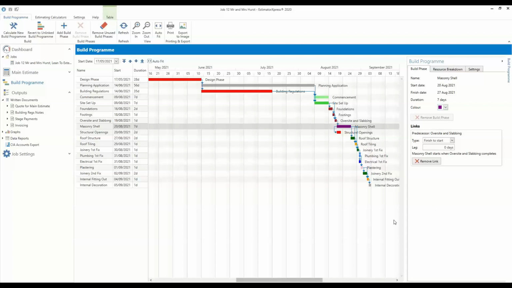You can interact with the build program and override the build phase times that have been calculated. Of course, your human understanding of the job and your knowledge of the available workforce and so on can come into play. So if you want to change a build phase start date,